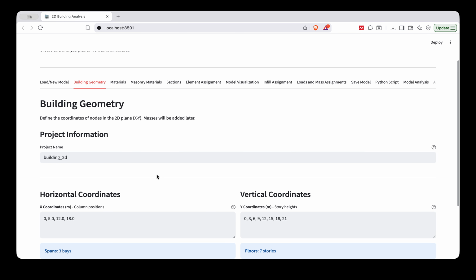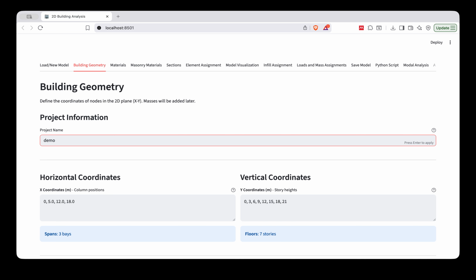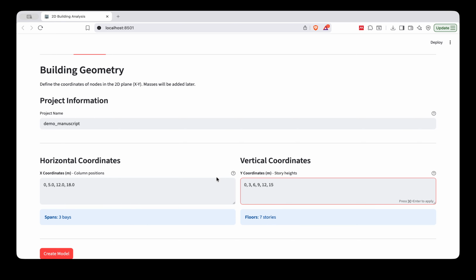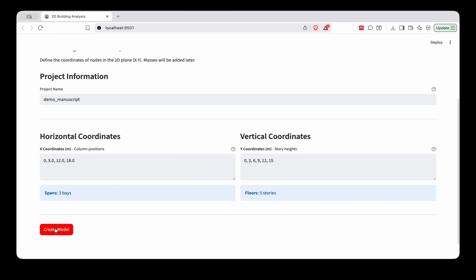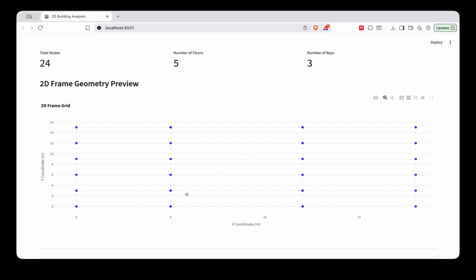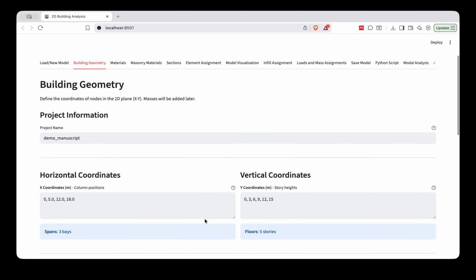In this Geometry tab, you are asked to give the project a name. So I'm going to name it Demo Manuscript. And for this example, we are going to use a 5-story building. You input the coordinates both for the X and Y direction in these two boxes. And once you are ready, you click Create Model. You can visualize in the bottom that the nodes of the model are successfully created, and then you can move